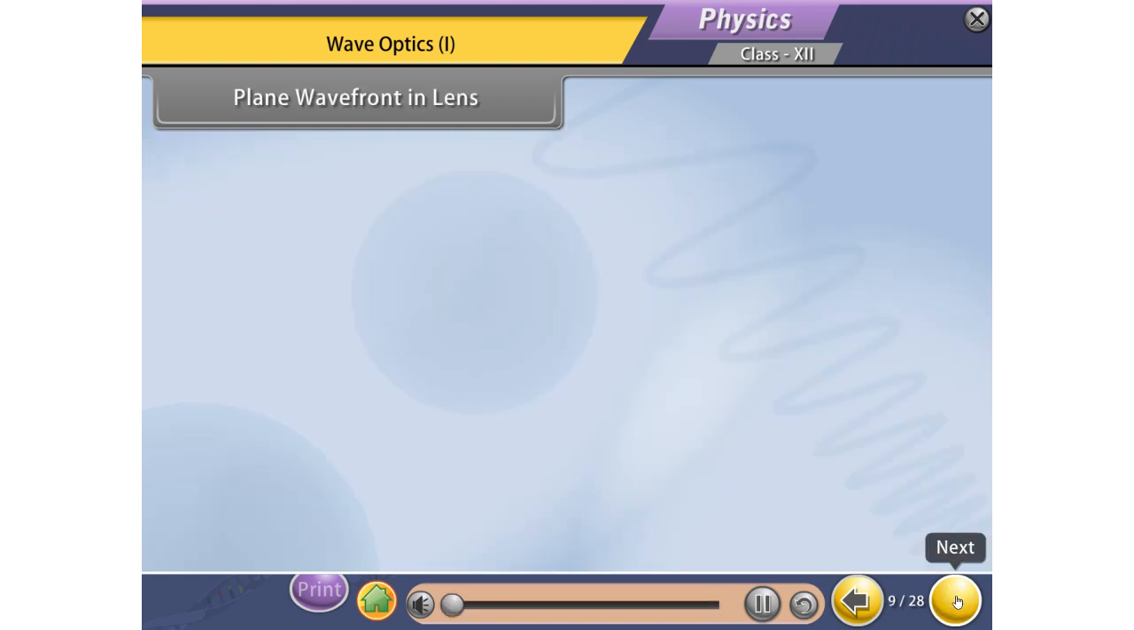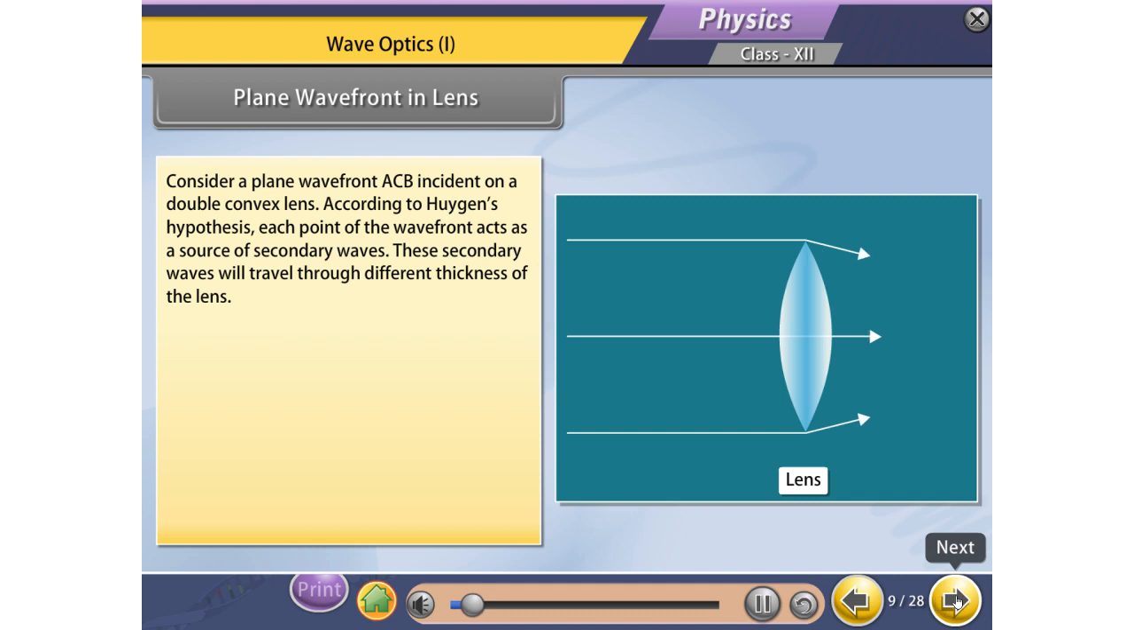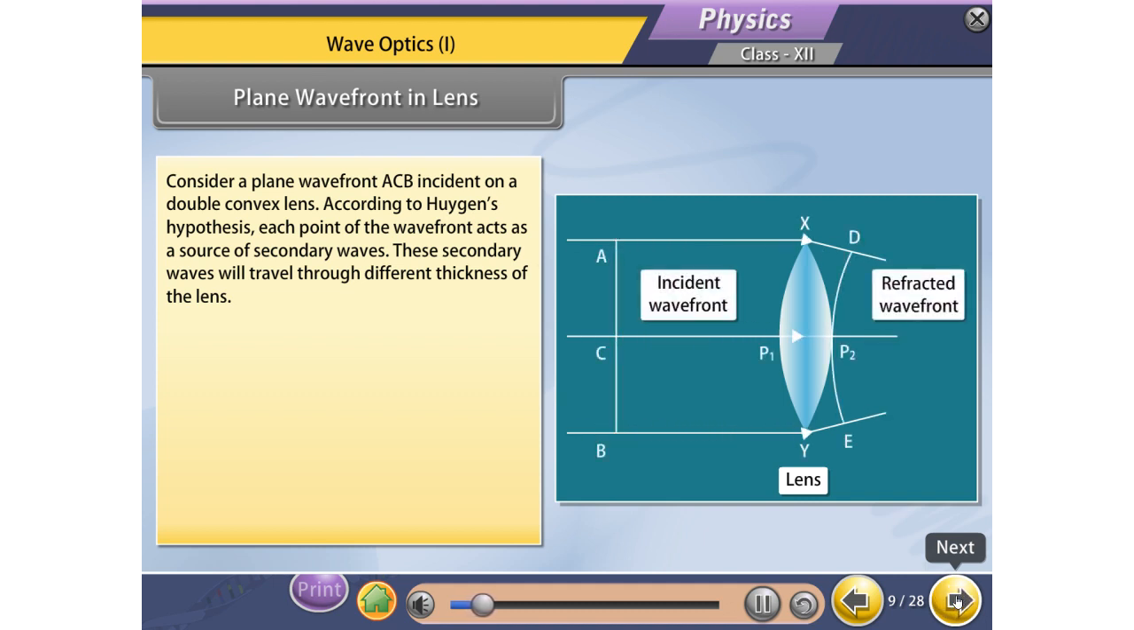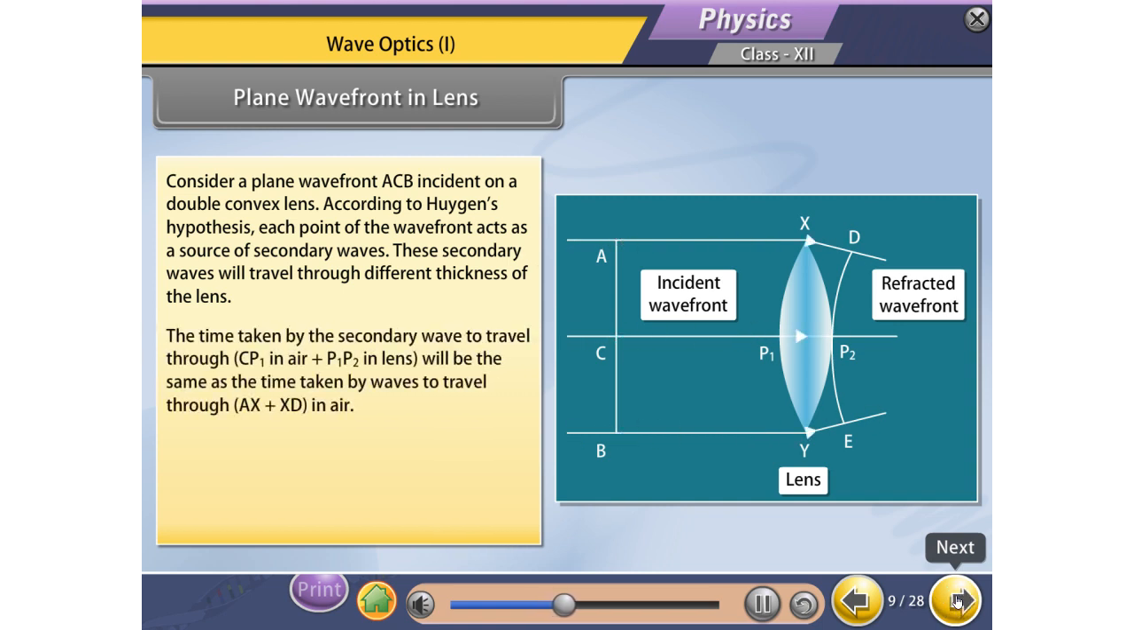Assessment. Plane wavefront in lens. Consider a plane wavefront ACB incident on a double convex lens. According to Huygens hypothesis, each point of the wavefront acts as a source of secondary waves. These secondary waves will travel through different thickness of the lens. The time taken by the secondary wave to travel through CP1 in air plus P1P2 in lens will be